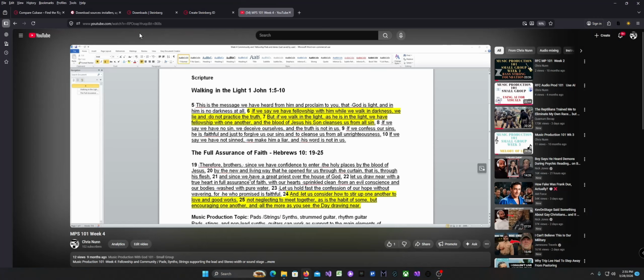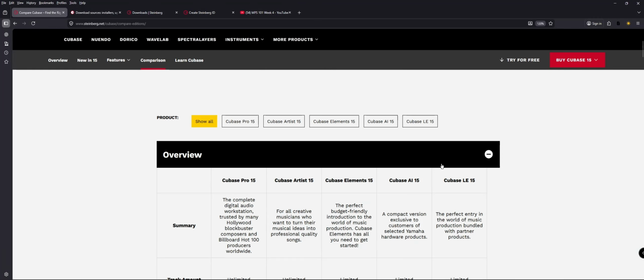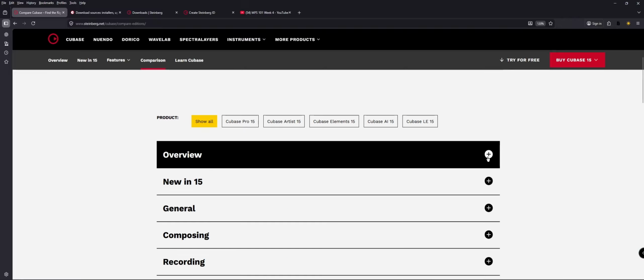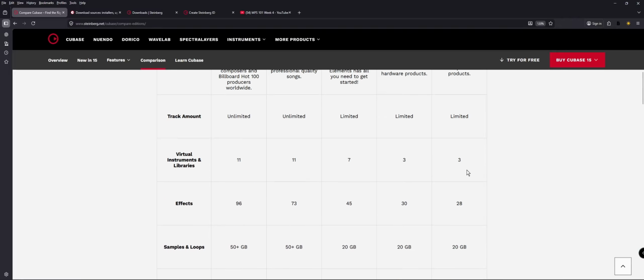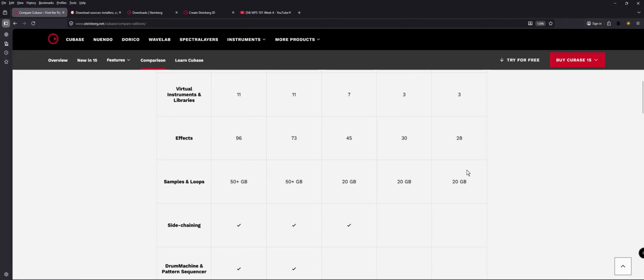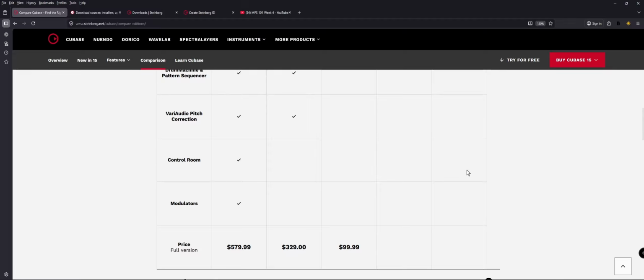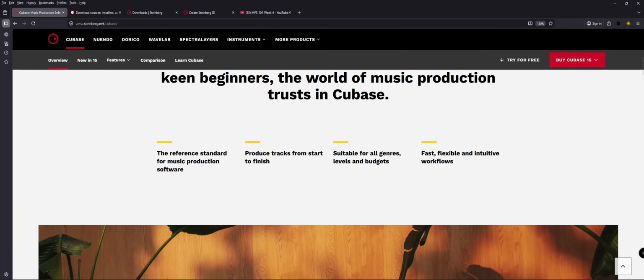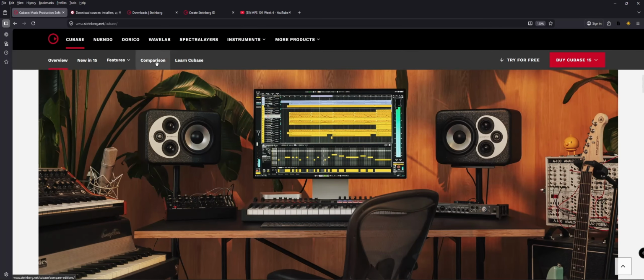So for Cubase AI specifically, which is a free software that normally comes with a Steinberg or Yamaha audio interface, and it would normally come with a little card that has a code or a key on it that allows you to download the software. So go to www.steinberg.net, look at Cubase, go to the Cubase tab, and then go down to the comparison feature, and